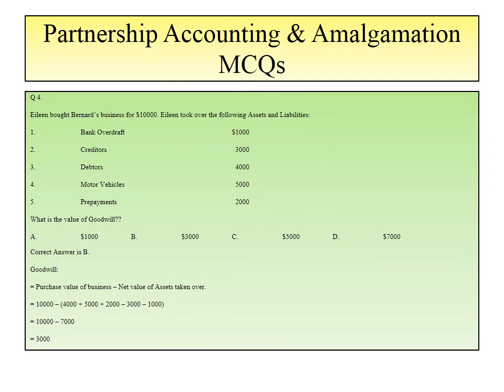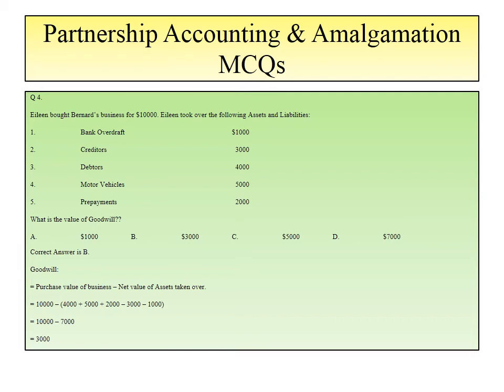Purchase value of business is 10,000, हमें पहले ही पता है. माइनस कर देंगे इसमें से हम 4,000 is the debtors, 5,000 is the motor vehicle, these are the assets, इनको ऐड कर लिया, और 2,000 is the prepayments. इन तीनों को हमने ऐड कर लिया और इसमें से हमने लेस करना है the liabilities, that is the overdraft, and the creditors, that is 3,000 and 1,000. So we'll get an amount of 7,000. Means 10,000 minus 7,000 is the total value of the assets Eileen took over.